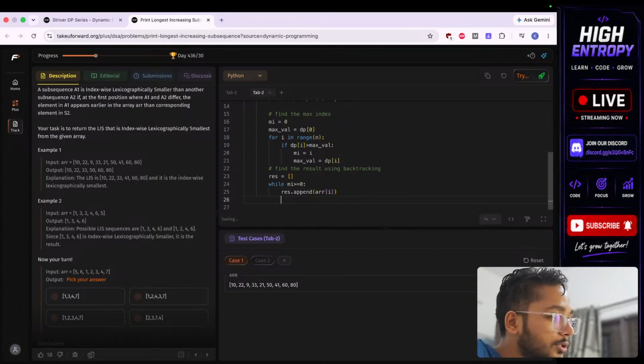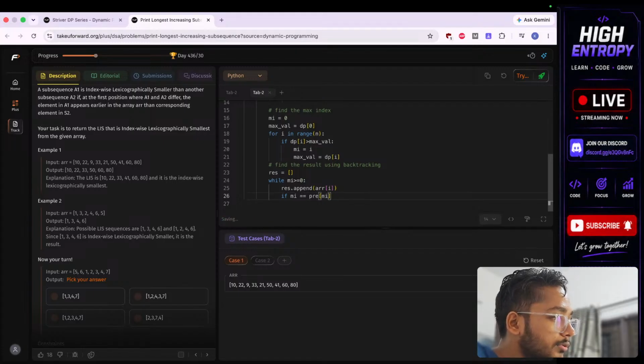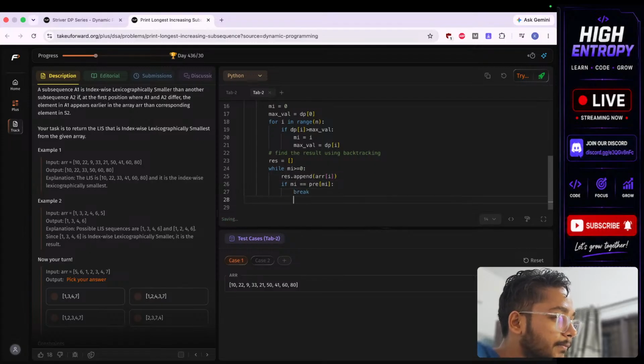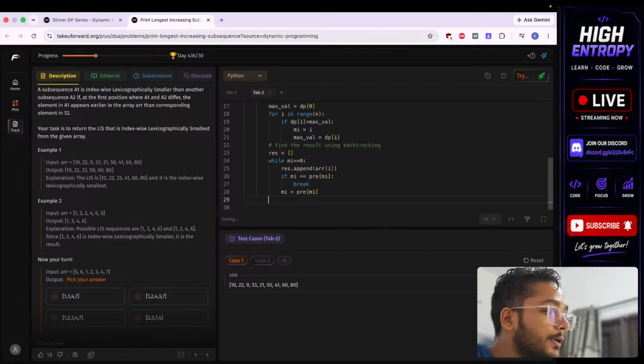So this is the first thing. Now the next thing is, if mi equals previous of mi, break, else mi equals pre of mi. Now you are backtracking, and finally result dot